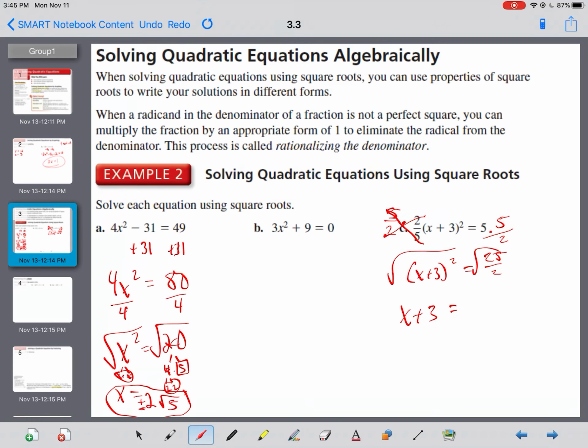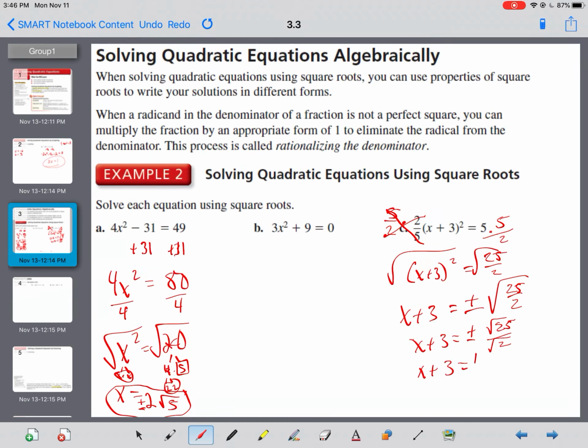x plus 3 equals plus or minus, we get both answers when we square root. When we're solving, you get 2 answers. When you just square root, you get 1, just the primary. But if you're solving, you need both kinds. So here, we've got the square root of 25 over 2. We haven't gone over these radical rules, but we will and refresh, but I'll do them right now just to refresh your memory. We can make that the square root of 25 over the square root of 2,